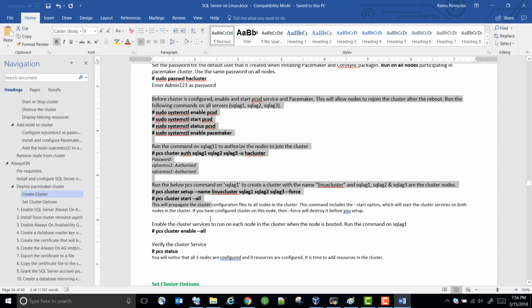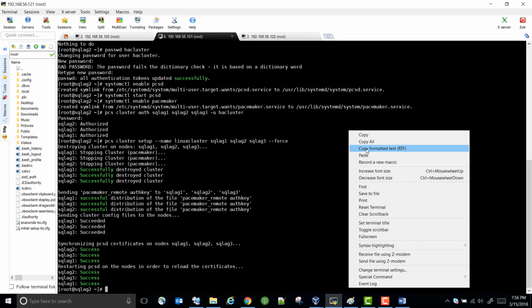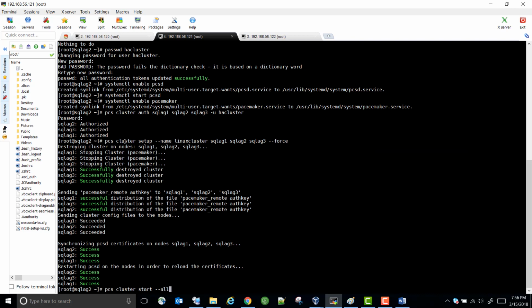These commands are pretty much the same if you are setting up the cluster in Linux. If you watched my previous videos on clustering in SQL Server on Linux, I'm going to use the same commands that I followed earlier. Now we need to start the cluster. So we authorized the cluster, the nodes that are going to be authorized,